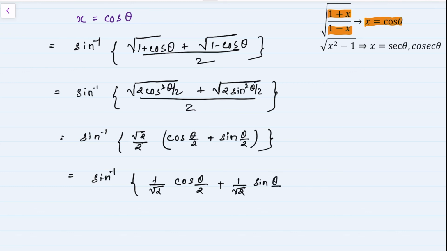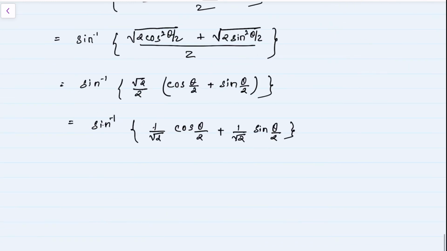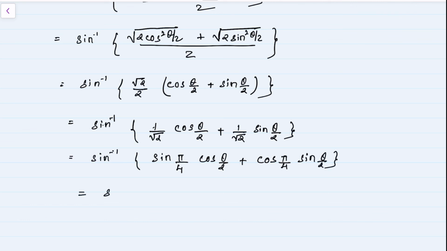Again, this is much similar to our last sum, so we'll try to bring sine inside, so we can use the addition formula. So instead of 1 by root 2, now we can write sin pi by 4 or cos pi by 4. So we'll adjust sin pi by 4 and cos pi by 4 to match with our identity. So we'll write sin inverse. Here I will write sin pi by 4 because I have cos already. So sin pi by 4 into cos theta by 2, plus in the second term I will write cos pi by 4 because I have sin theta by 2 inside. So now this becomes our condition for addition formula of sine.